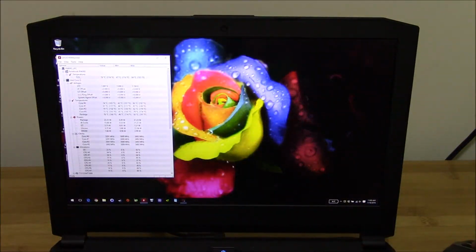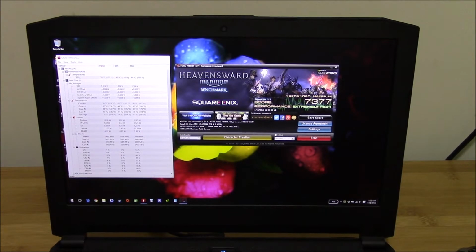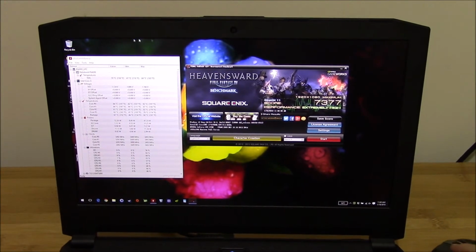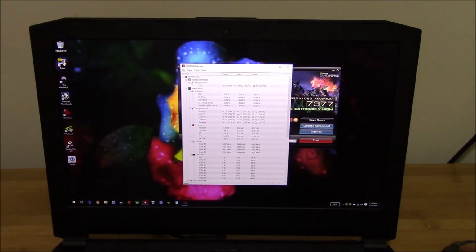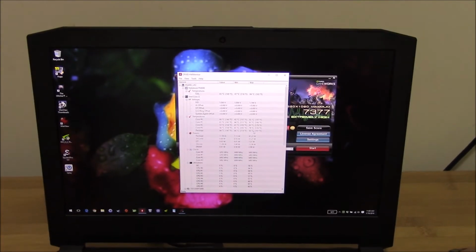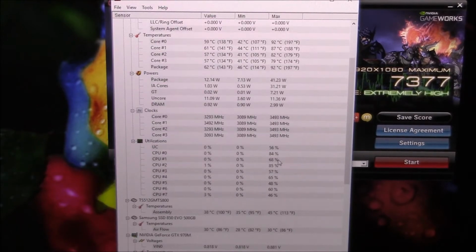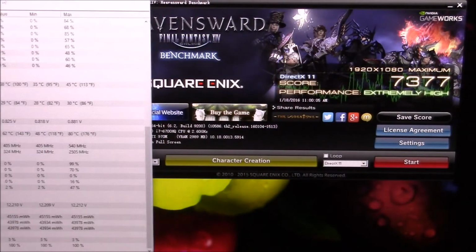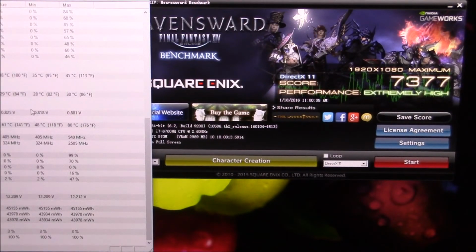Okay, so you can see that the decibel level is right around 40, 41 for the fans, and let's zoom in. You can see here temperatures are, whoa, that's right, I didn't undervolt the CPU, so the CPU is at 92C, and GPU is at peak. That's because I didn't undervolt the CPU. I set it back to default, and so even at max temperatures of this benchmark, the fan noise actually is, I think,